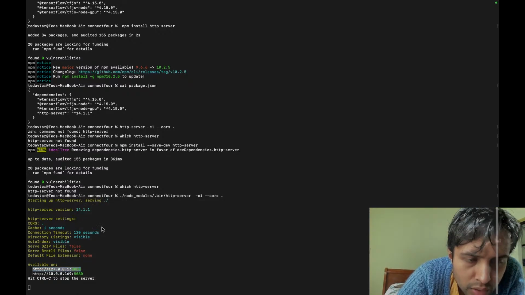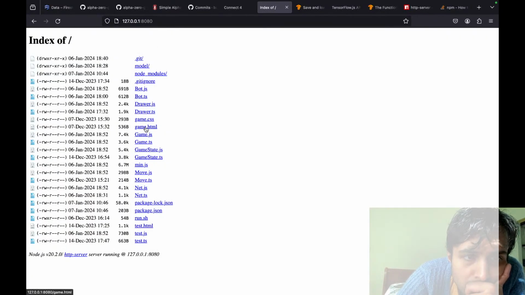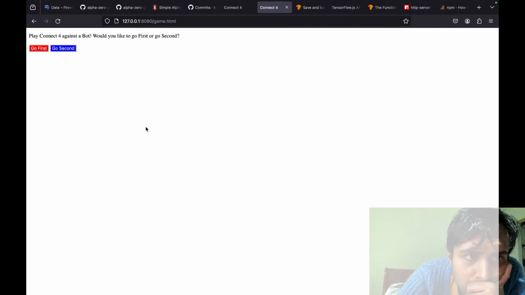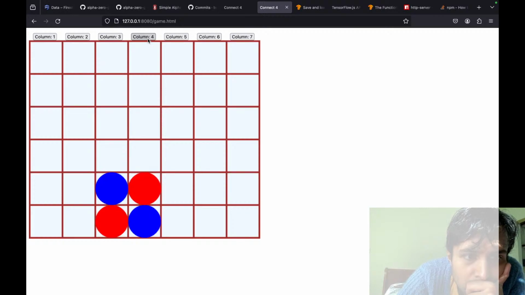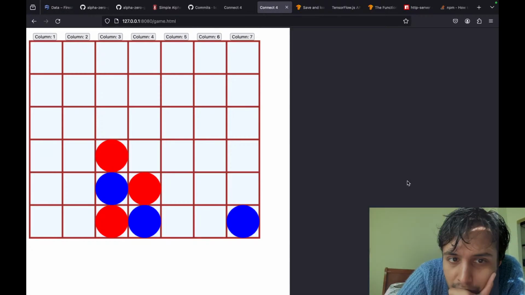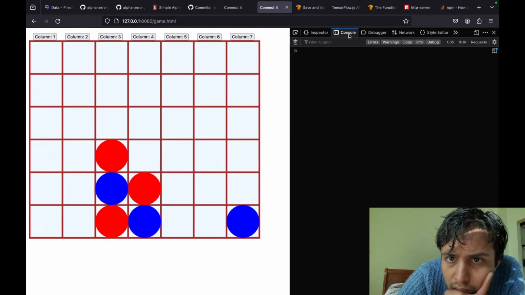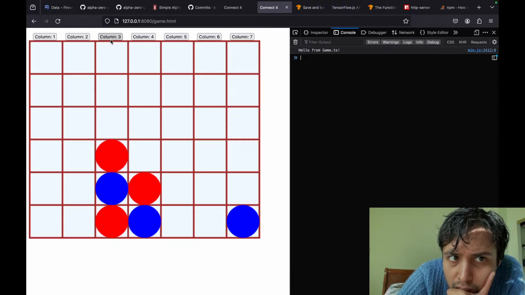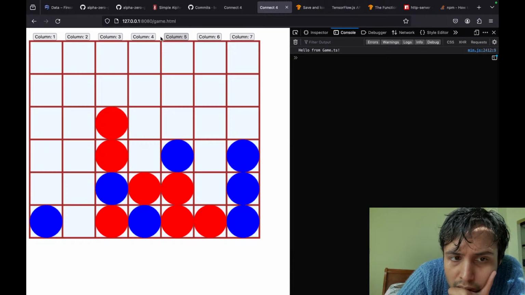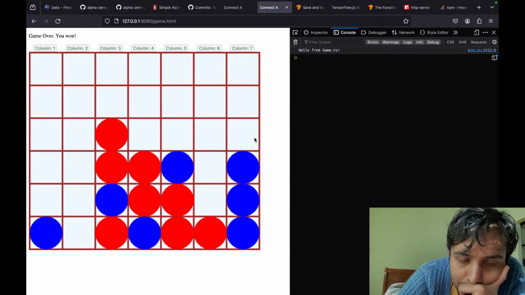Okay, the port. Oh, is it working? Oh, oops.